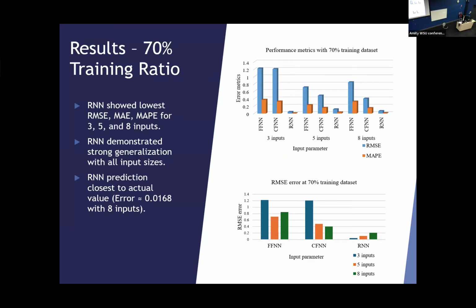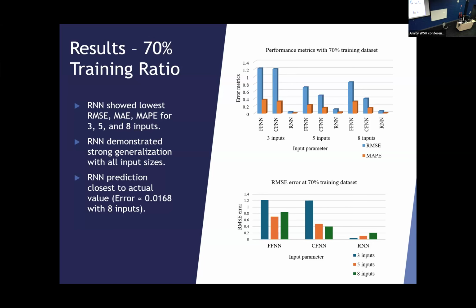And with 5 inputs, it maintained strong performance with a root mean square error of 0.1133 and a mean absolute percentage error of 3.04%. And with 8 inputs, the RNN produced predictions closest to the actual values with a minimal error of 0.0168. So these results demonstrate the model's ability to generalize well and capture